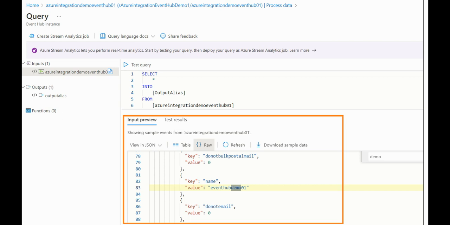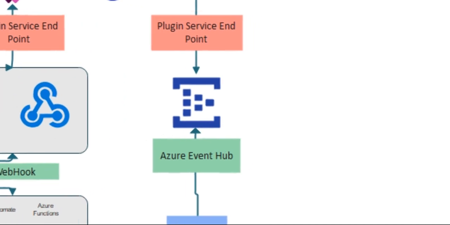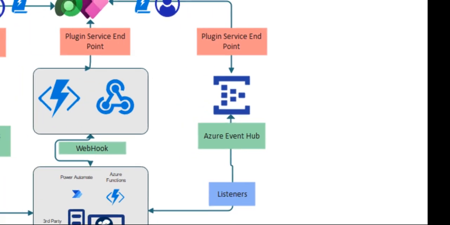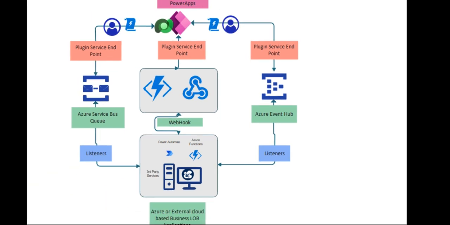So if you click on Test Query, this will provide us all the messages that have been processed via the Event Hub. Here we can see that Event Hub Demo 101 is the message that we got from the demo model driven app. So we created the new item in the model driven app that triggered this service endpoint for the Azure Event Hub. Once the message has been processed, we can analyze that message via the Stream Analytics query,